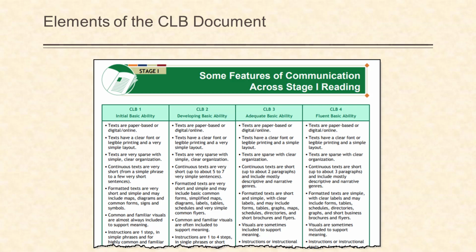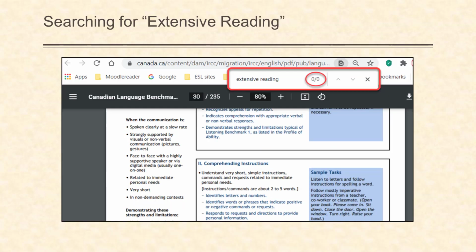Now, let's dive a bit deeper into this 235-page document to find out the situation of extensive reading within these 3 stages and 12 CLB levels. I started my search of the document with a PDF simple search function, which revealed 0 instances of the word combination extensive reading. This came to me as a bit of a surprise, as this document covers so many details about several aspects of the English language learning context. In my mind, extensive reading is such an important reading activity that it is impossible for it to be missing from such a key document.